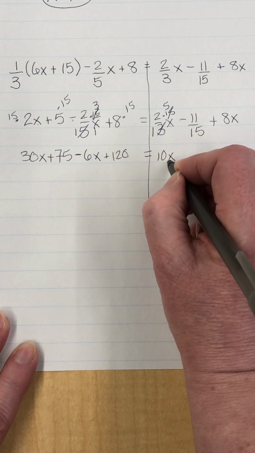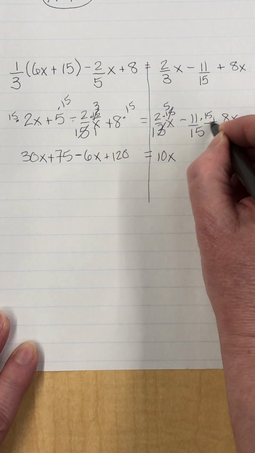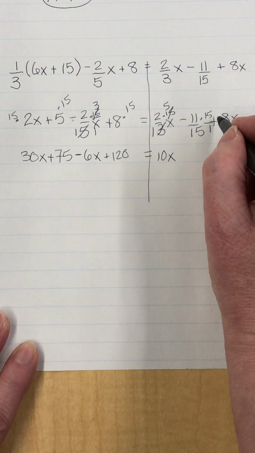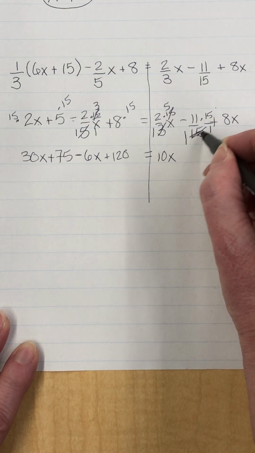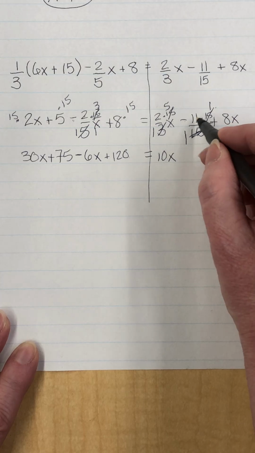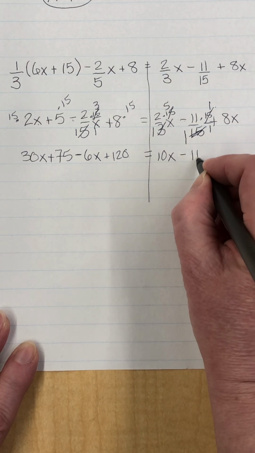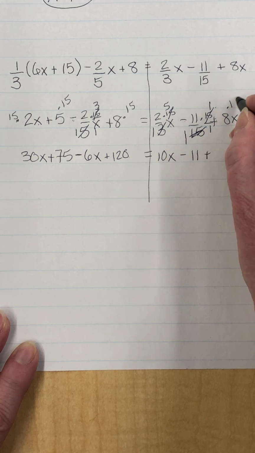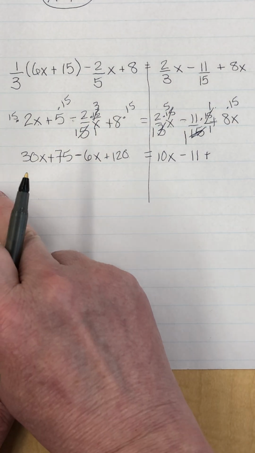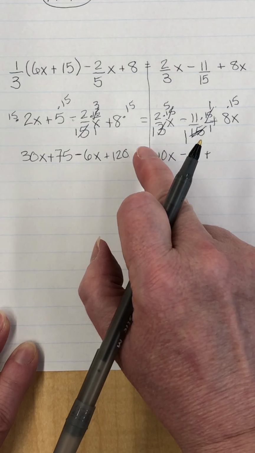times your x. I multiply this by 15 over 1, and I don't really want to multiply double digits, so I'm going to cross cancel. So divide by 15, this becomes 1, divide by 15, so this is really actually negative 11. And I get, that was a plus sign here, and I'm going to do 15 times 8, which I already know is, what was it, 120